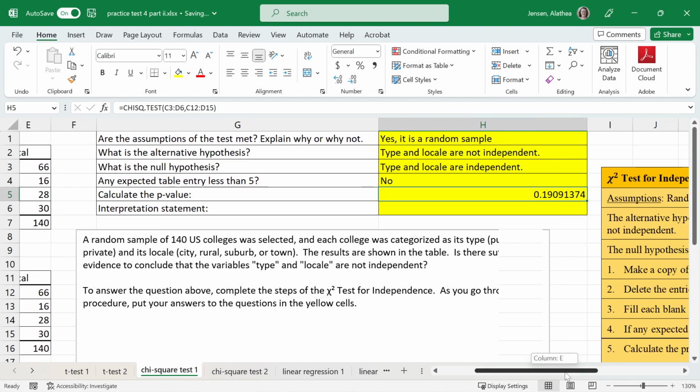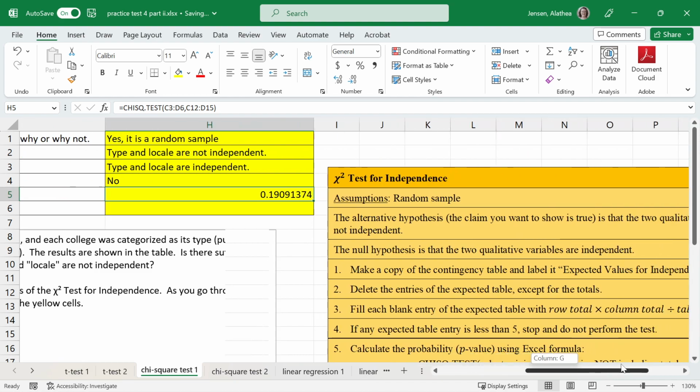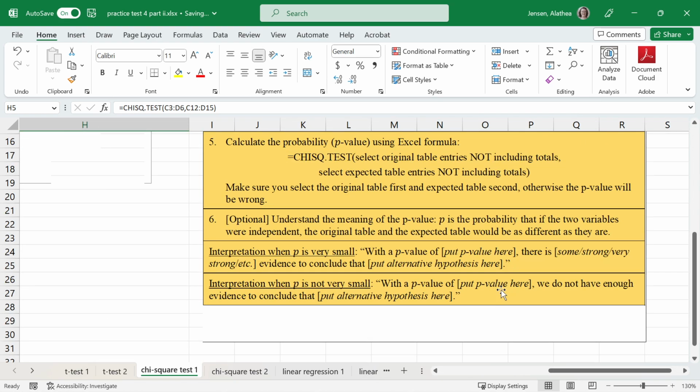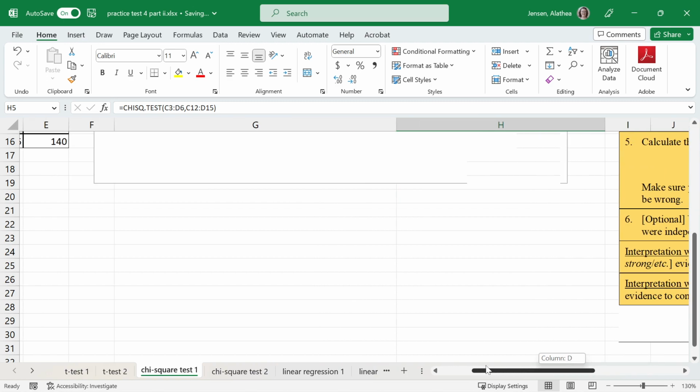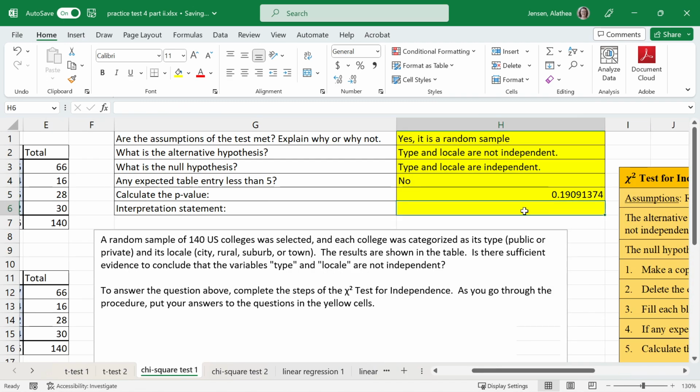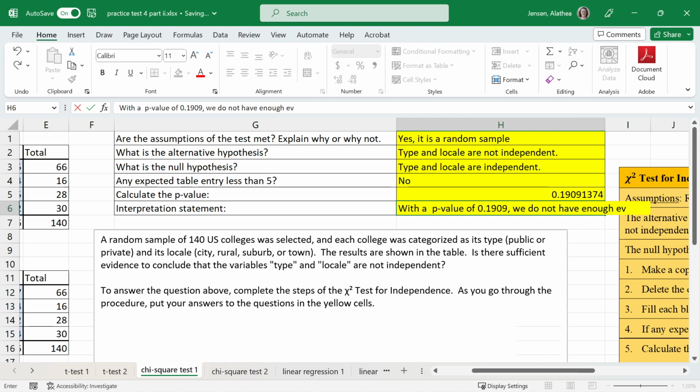Okay, so this p-value is pretty big. It's a lot more than 5%. So our interpretation here is going to be that we were not able to make a conclusion. So with a p-value of 0.1909, we do not have enough evidence to conclude that